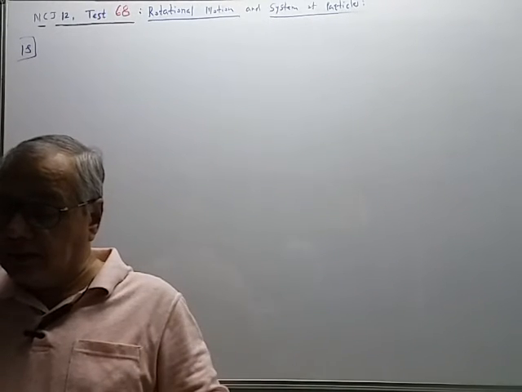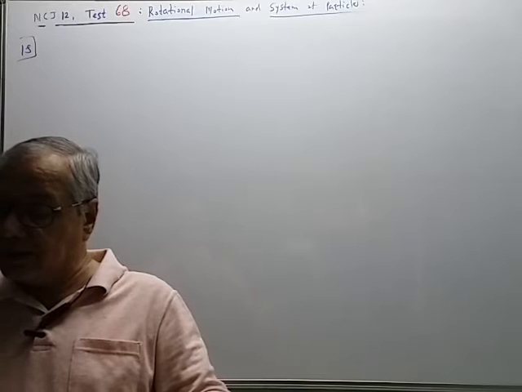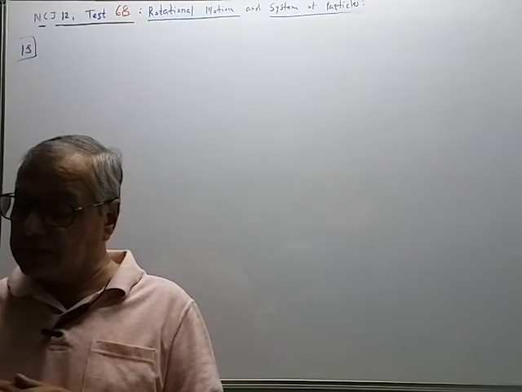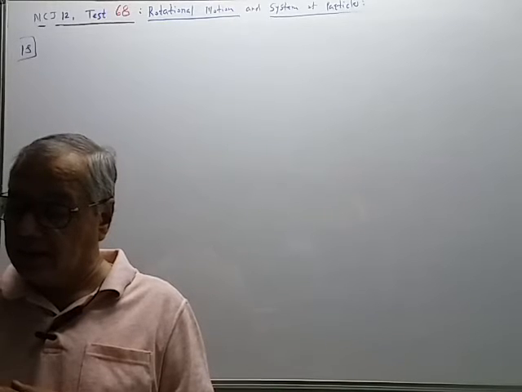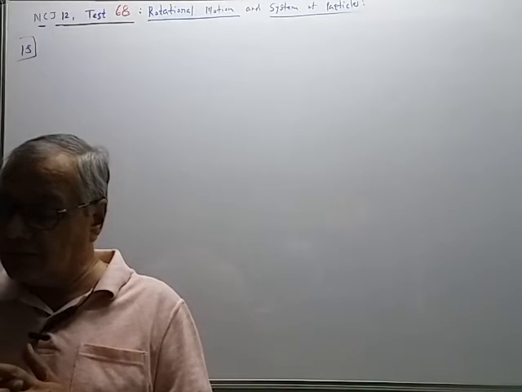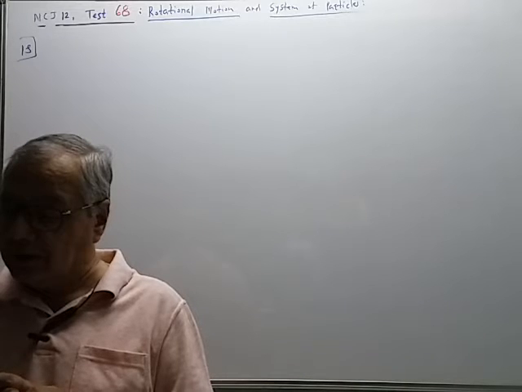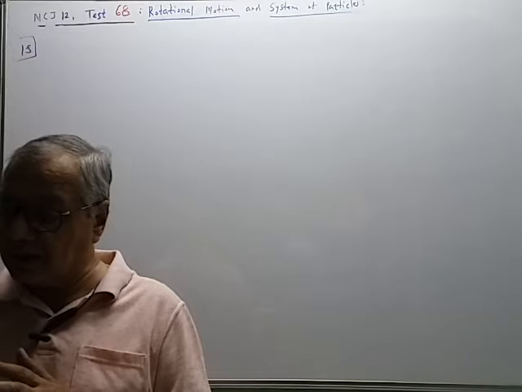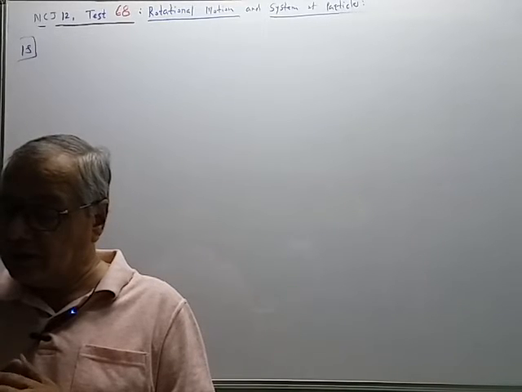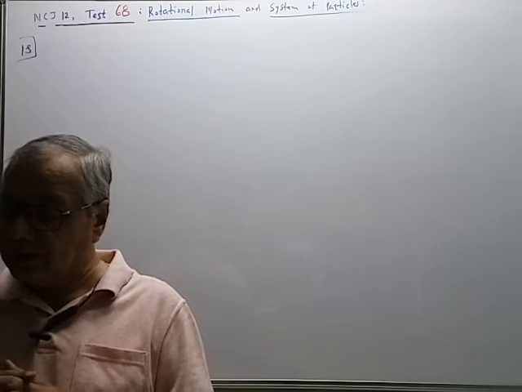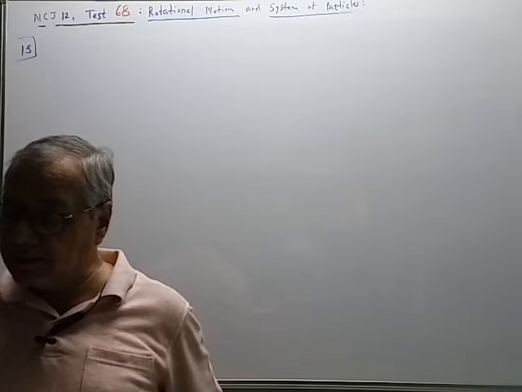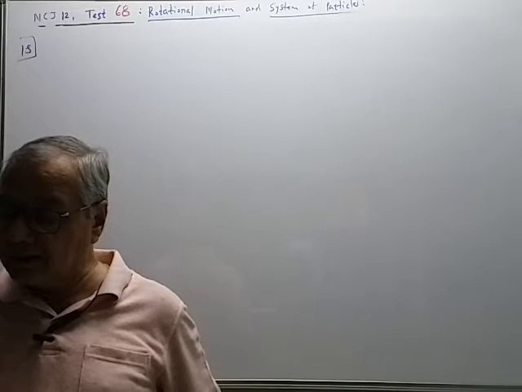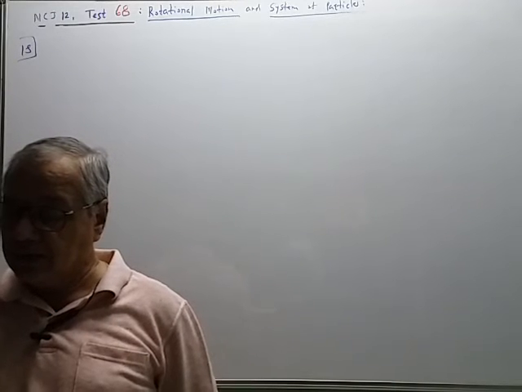18. A thin horizontal circular disc is rotating about the vertical axis passing through its center. An insect is at rest at a point near the rim of the disc. The insect now moves along the diameter of the disc to reach its other end. During the journey of the insect, the angular speed of the disc: A, continuously increases; B, first increases and then decreases; C, remains unchanged; D, first decreases and then increases.